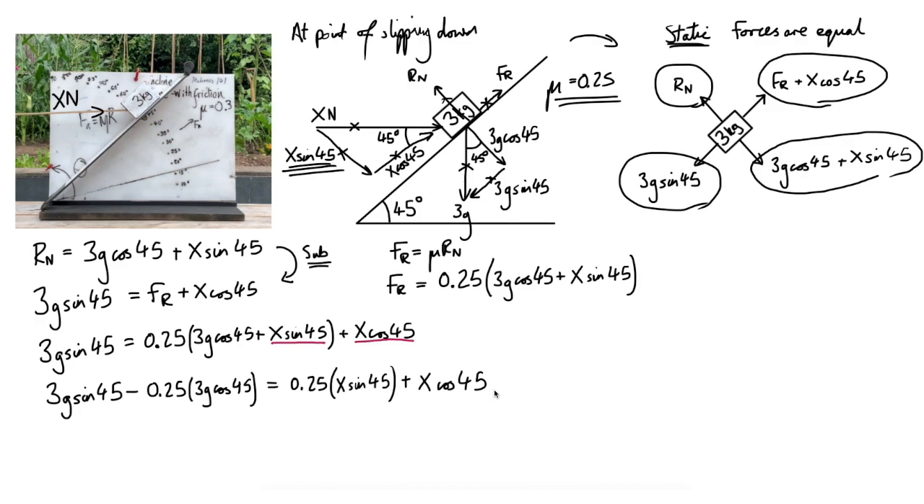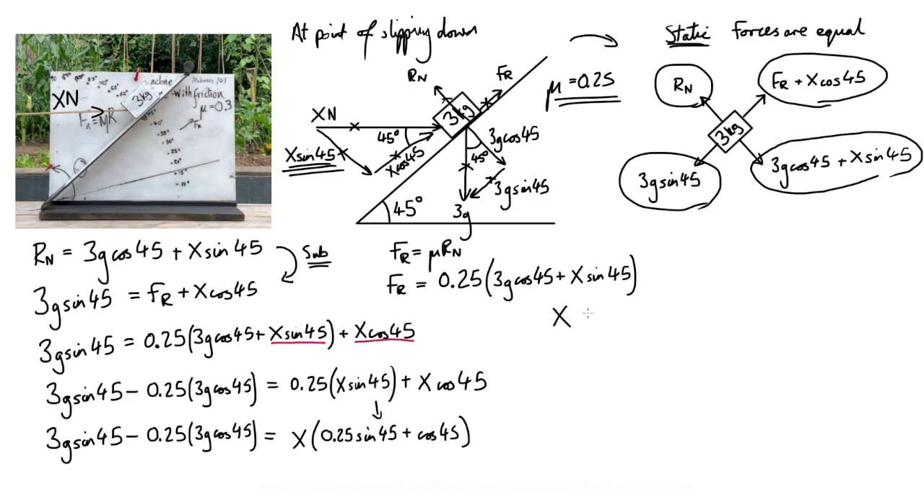Okay, so I've drawn this out with my x terms on the right-hand side. Now what I'm going to do is I'm going to factorise out x from this side. Okay, so this side is going to become x times 0.25 sine 45 plus cos 45. Okay, this side remains the same, so I'm going to be a bit cheeky and just copy and paste it. Okay, so now if I divide by this bracket here, I end up with x equals